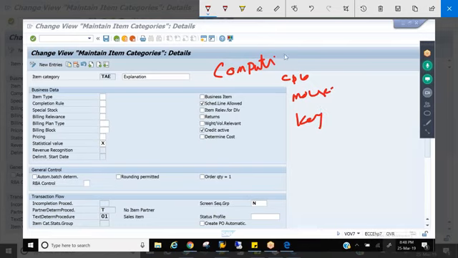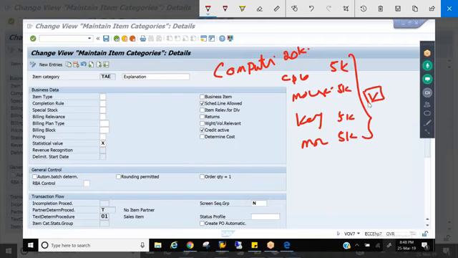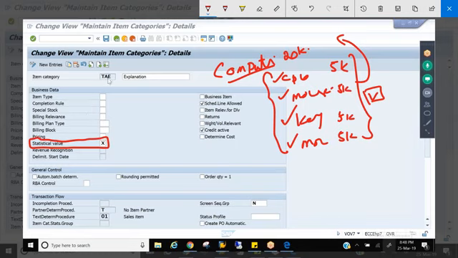So the computer price is 20K. How has this 20K come? 5K each component, right? And keyboard, mouse, monitor, right? 5K. So when you're delivering this item, these items should become statistical. If they are not statistical, the system will take the same price. And if I say I sold 100 computers, what do you mean by that? I sold 100 CPUs, 100 mouse, 100 keyboards, and 100 monitors, right? So I need to have all this inventory. Right? So how is it calculated with this statistical value? That's the reason it is applicable only for the BOM item, BOM sub items.